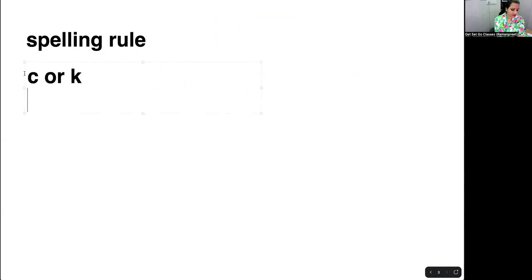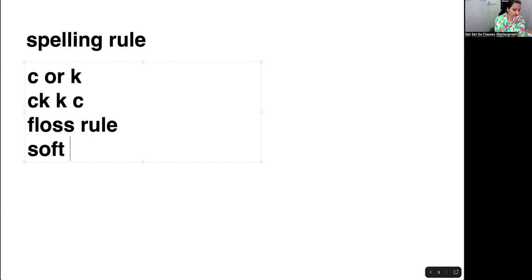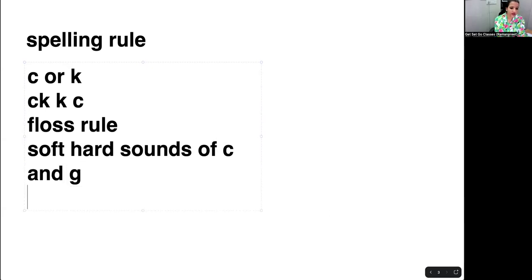Then comes the spelling rules, which you can do either when you are teaching them long sounds and all, or you can wait for those to finish and then start spelling rules. Spelling rules like C or K, CK, K, or C at the end of the words. Then you can do the clause rule. Then there are other rules like soft and hard sounds of letters C and G. Okay. Then you have the spelling rule of,